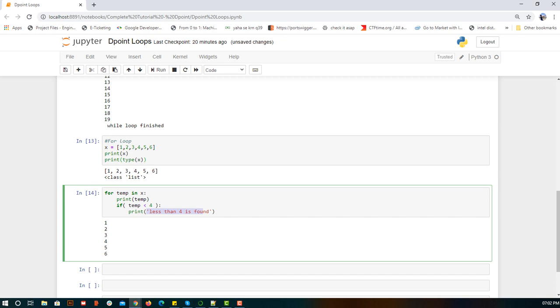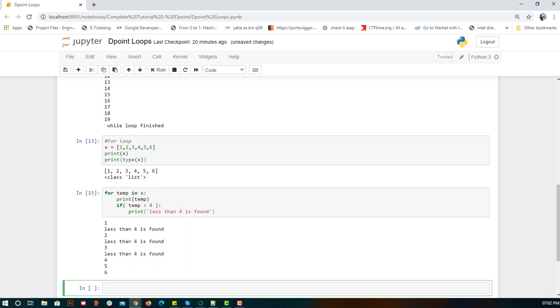Then for 2 it will be executed, 3 it will be executed, and 4 5 6 will be printed as they are. Let's execute that. So you see 1 and then the if statement. For and while repeat themselves, but an if, once the decision is taken, executes once. So the if got executed again and again because of the for.